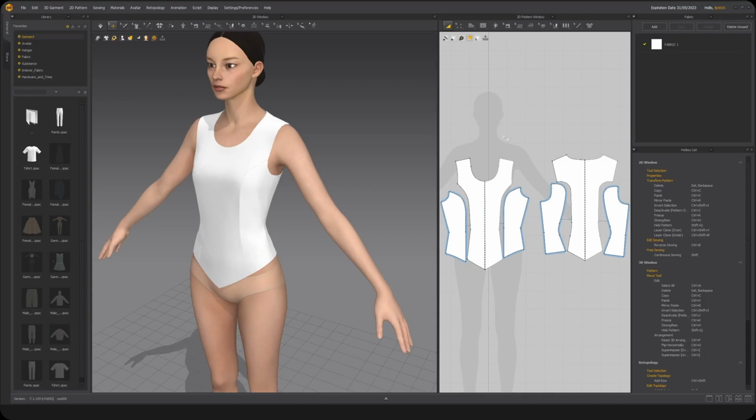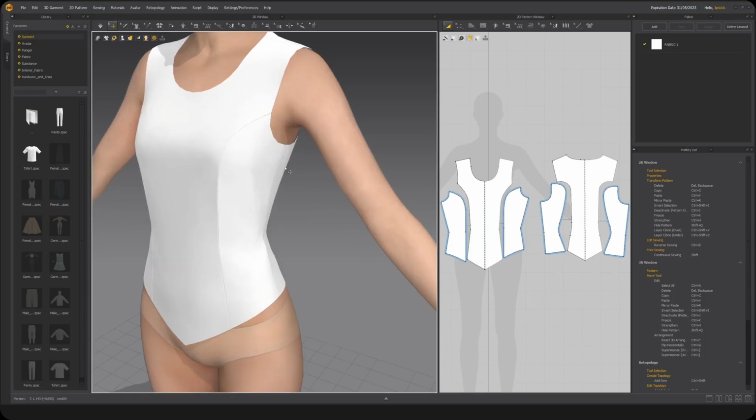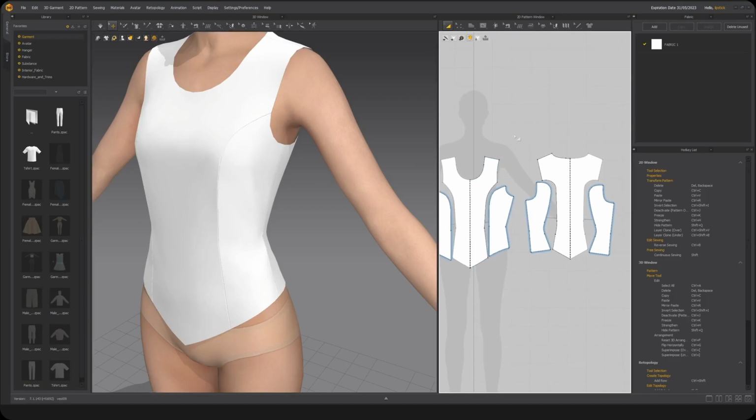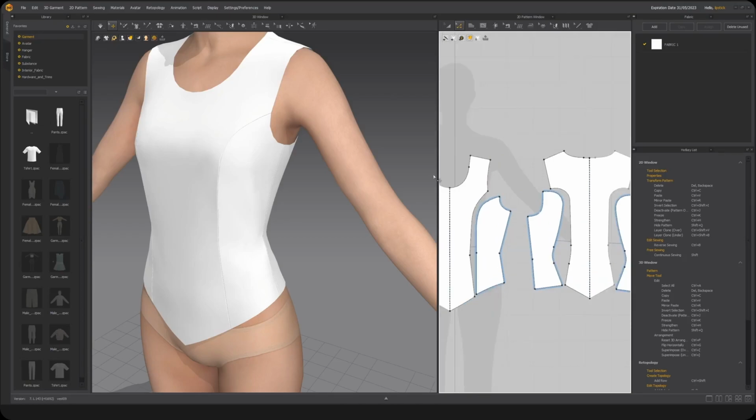So the first thing that I need for my sleeves is to figure out how wide of a sleeve I even need to begin with. We essentially want a sleeve that will connect all the way around the arm side that we already have here on the torso. So the best thing that we can do really is just to measure how wide of a panel of fabric we need to be able to wrap around the arm and connect to the arm side directly. So what I'm going to do here, I'm simply going to press Z within our 2D pattern window,